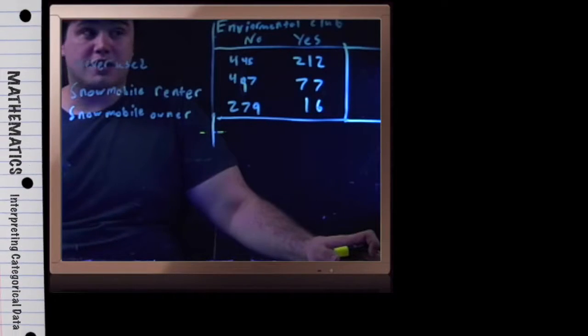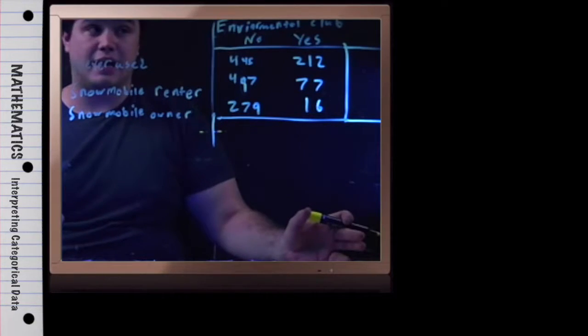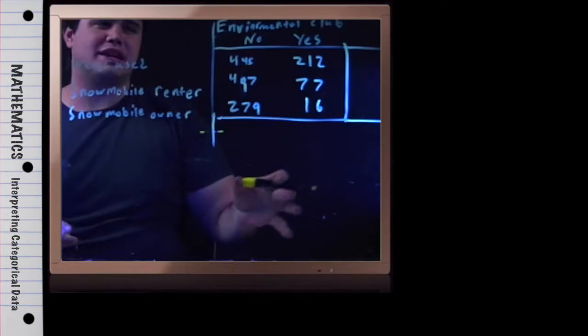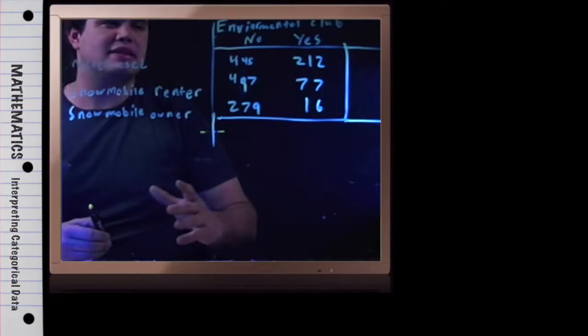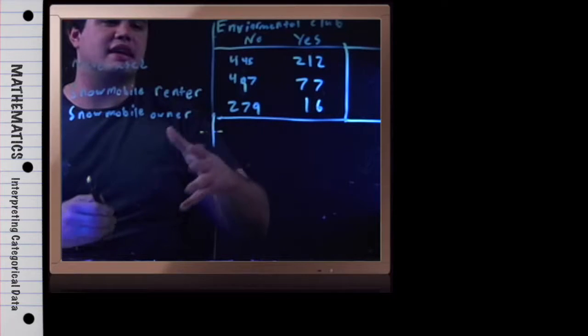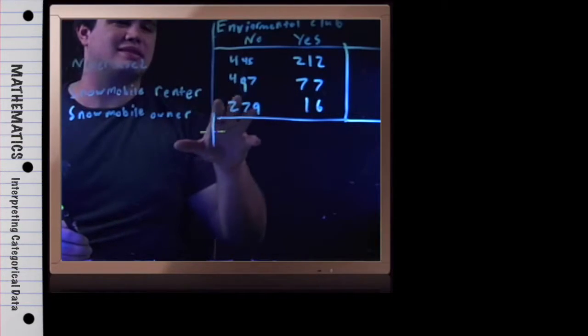Okay, so today we're going to talk about a topic in statistics involving categorical data. So when we're looking at categorical data, the big question we always ask is, what is it? Well, categorical data is basically something that is an identifier, something that is non-numeric that represents a kind of variable